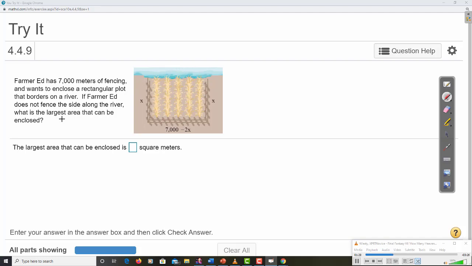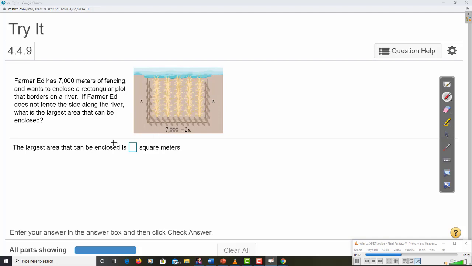See the river? If Farmer Ed does not fence the side along the river, what is the largest area that can be enclosed? Well, they helpfully say the widths are x, and then this is 7,000 minus 2x. We could have actually figured this out ourselves, because we only have 7,000 meters of fencing. So if I take away x for this width, x for this width, I only have 7,000 minus 2x left